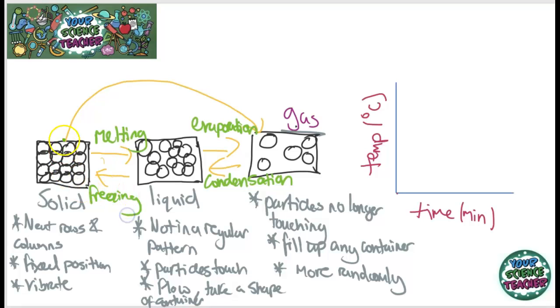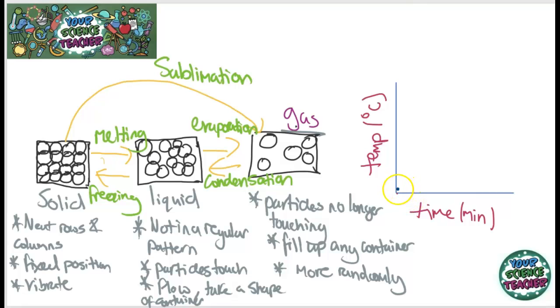Now, you might be asked about going all the way from a solid to a gas, and don't be too confused if you do see that. That is called sublimation. And we need to know what it looks like if you take a solid, heat it up and it changes state to a liquid and then into a gas, over time. So over here I've drawn the axes of a graph showing a heating curve. A cooling curve is just the opposite, going from a gas to a solid. Remember, if you want to watch any of these things in more detail, watch my whole topic videos.